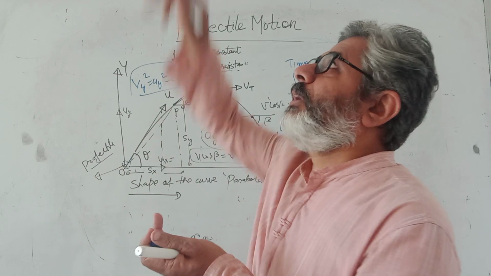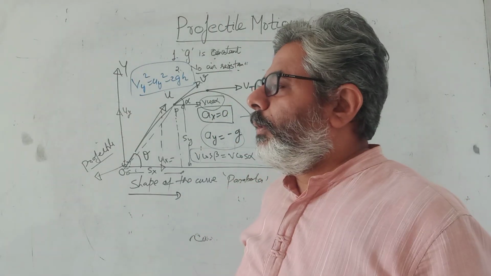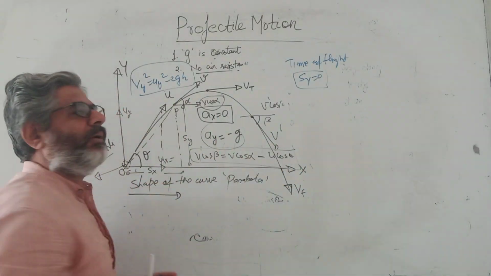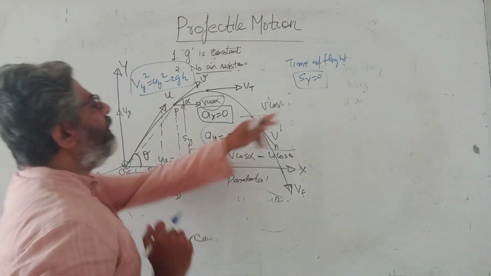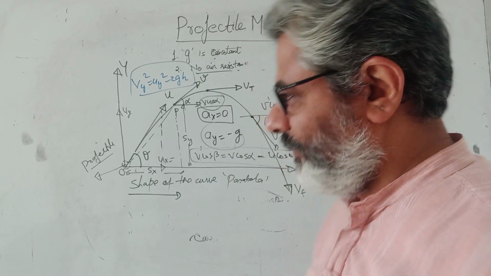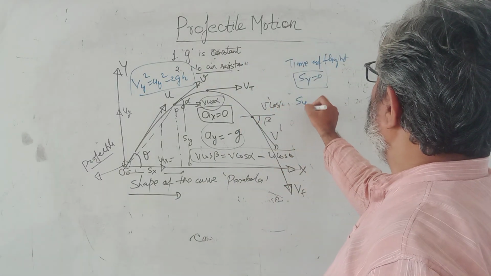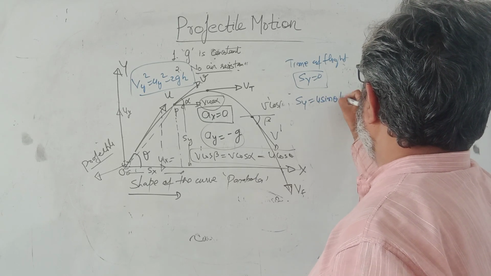अरे भाई आप ऊपर जाके वापस आ गए तो आपका डिस्प्लेसमेंट जीरो हो गया ना। But you will say, "No sir, but it has gone from here to here, na." अरे भाई, right, but in this direction the displacement is zero. I am writing Sy is zero, I am not writing S is zero. Sy is zero. Now if Sy is zero and Sy you write as u sin theta t